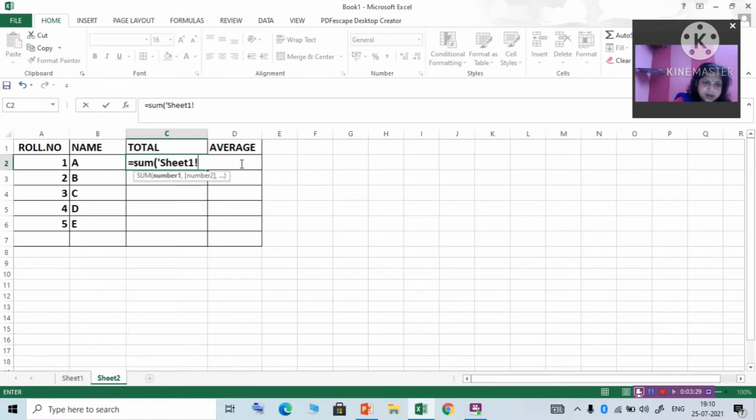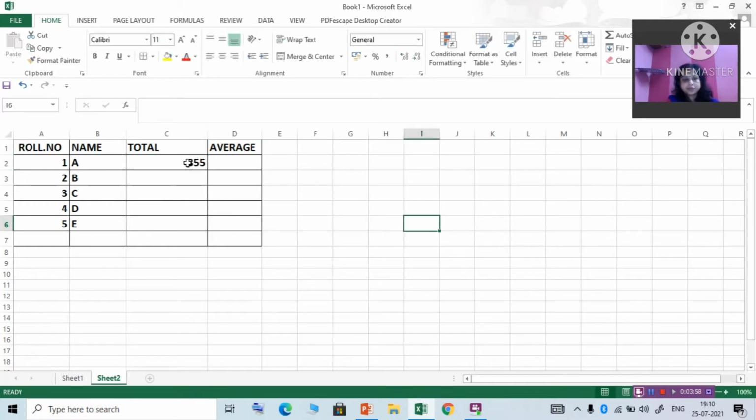write here Sheet 1. Then give exclamation, then write here C2 to E2 with the parenthesis.